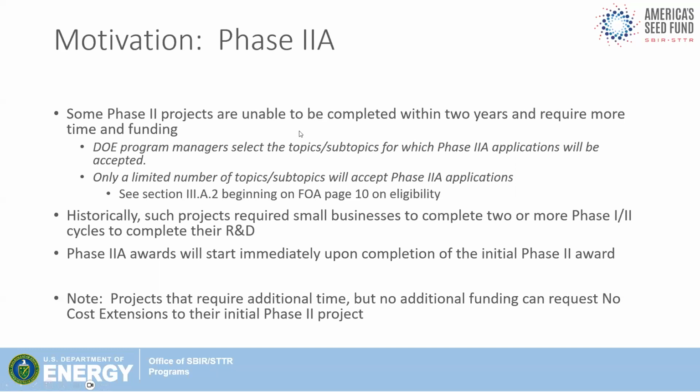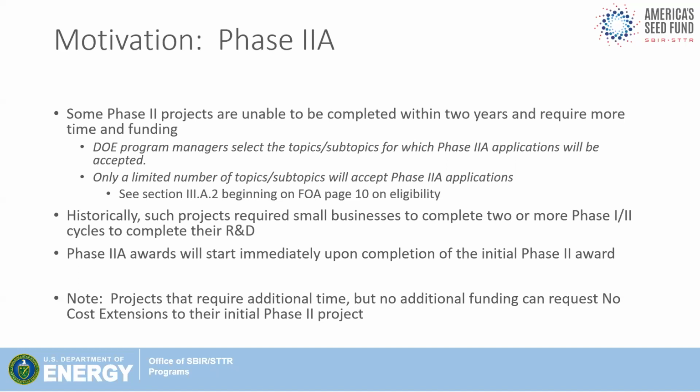So for the 2A, the primary motivation is that you started out with this ambitious phase 2 proposal, and when you got into the research, you found out that perhaps the scope of it, the cost required, was more than you could accomplish in your phase 2 award. So hopefully during the course of your phase 2 award, you are communicating with your program manager, so they're aware that, hey, under one of their topics, there's some challenges because not everybody can apply for a